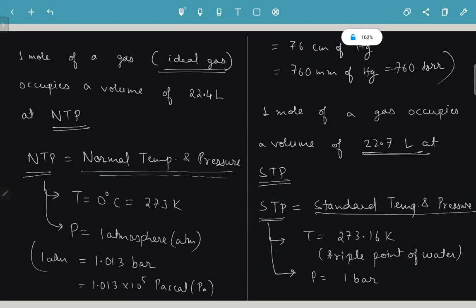Although STP and NTP are different, books में हर जगह 22.4 liter ही use करते आ रहे हैं, ठीक है? So STP, the definition has been recently changed. पहले NTP, STP same assume करते थे. Earlier, STP was same as NTP, and we used to calculate the volume of 1 mole as 22.4 liters, whether it is NTP or STP. Recently, the definition has been changed. So in books, you will still find volume of 1 mole at STP also as 22.4 liters. But more accurate is that at STP the volume will be 22.7 liters. At NTP, the volume will be 22.4 liters. Is it correct? Is it clear?